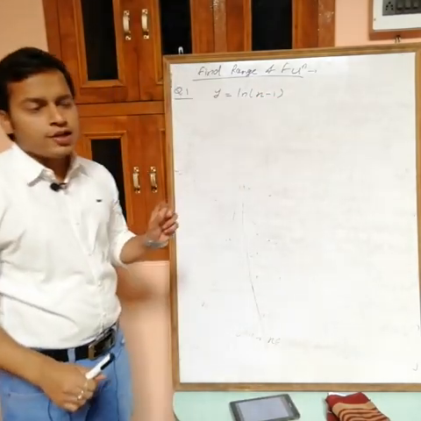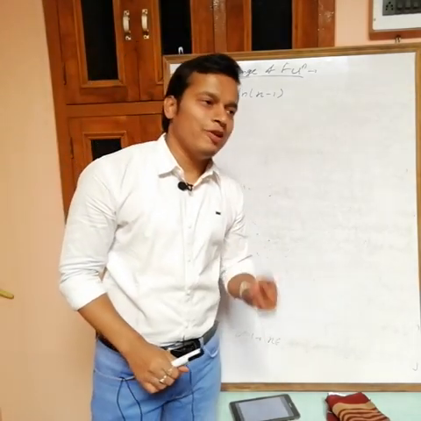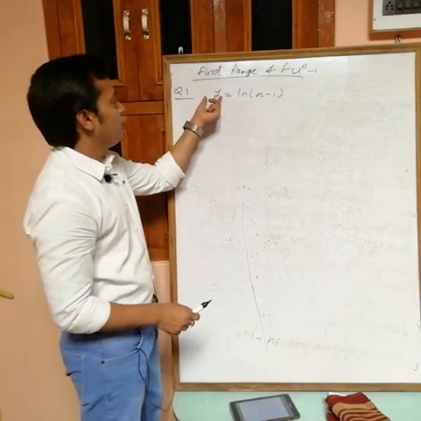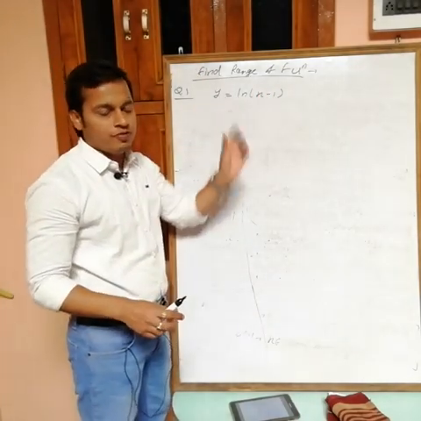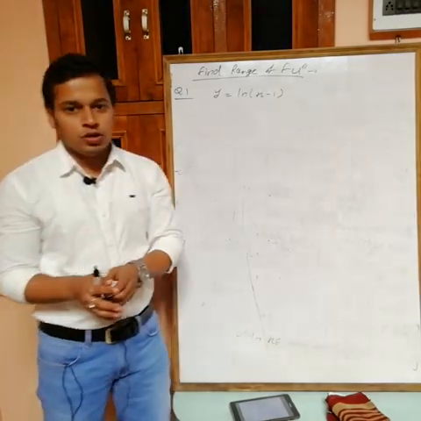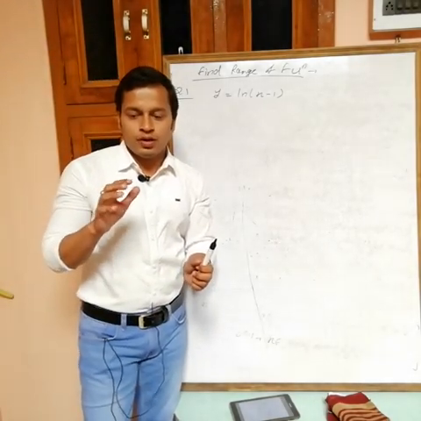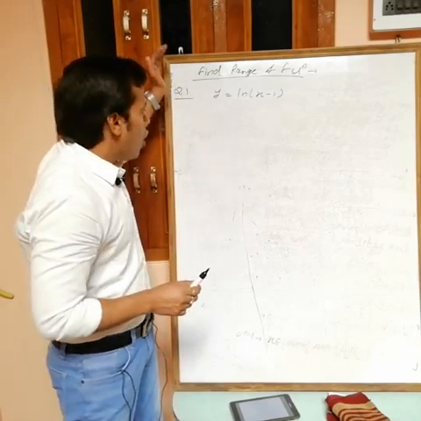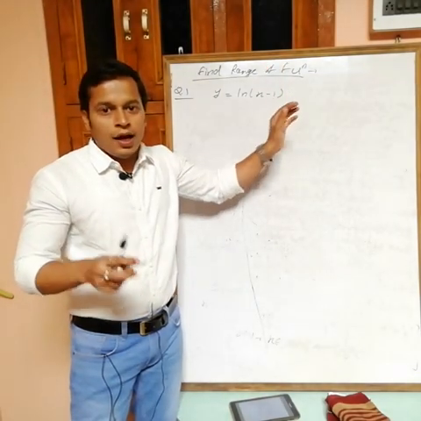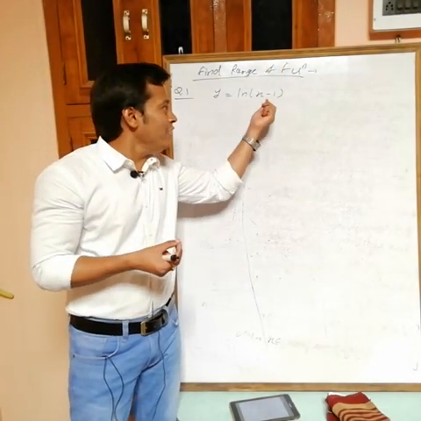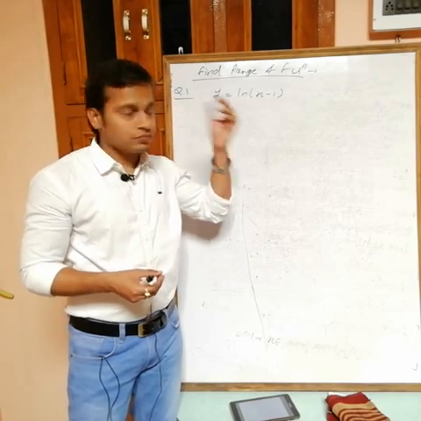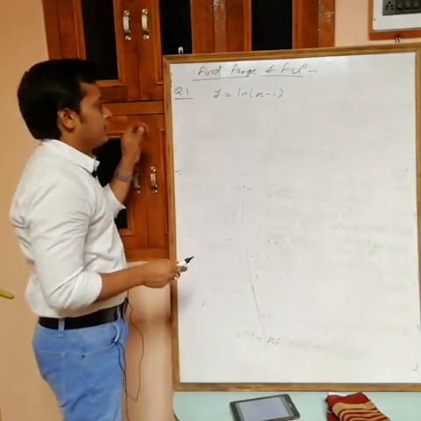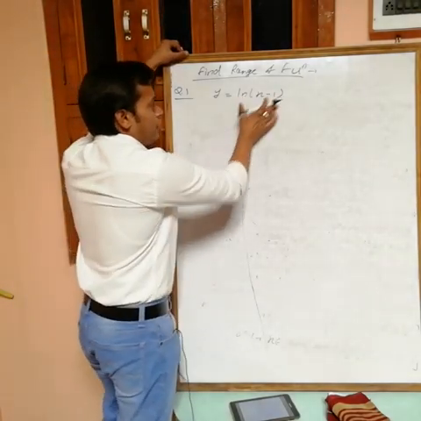Domain is the value of x and range is the value of y, all possible values of y or all possible values of f(x). Now you want range, it means all possible values of y. Actually there is no specific method to find the domain and range, but you can apply this generally. To get domain, we move from outside to inside in a function, and to get range, we move from inside to outside. It means first take values of x minus 1, then take the logarithm.